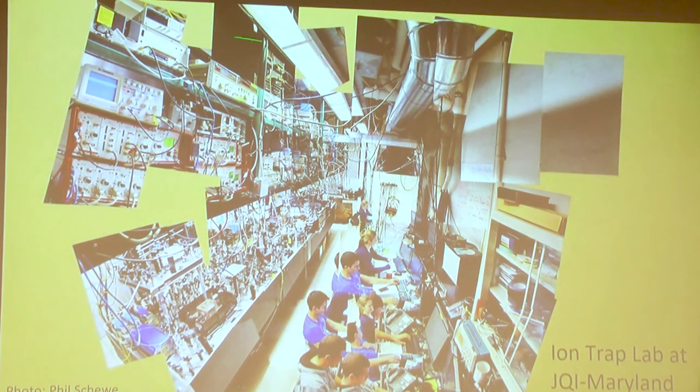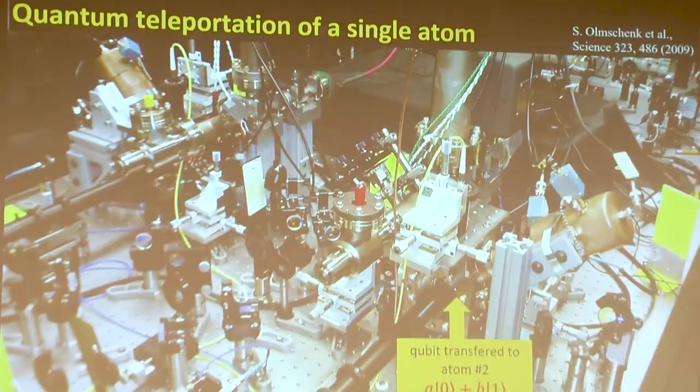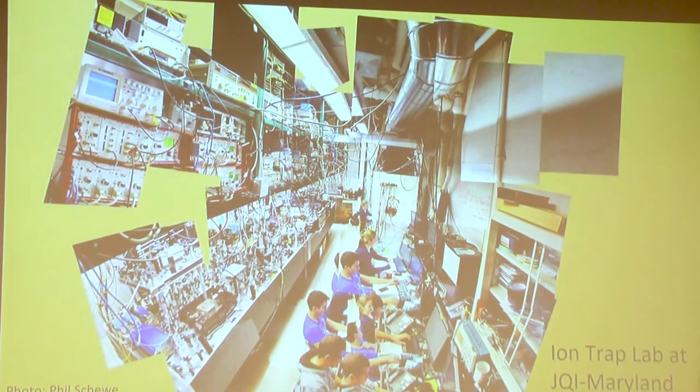The bad news with ions, this is maybe a typical AMO lab, and this is actually the same lab here. The vacuum chambers are just right there. All that other crap is lasers and controllers, 9 digits of stabilization, and that's really the problem. I mean, that does not look like a system where the user doesn't need to know anything about lasers. So that's a big problem. It's a big challenge in our field.